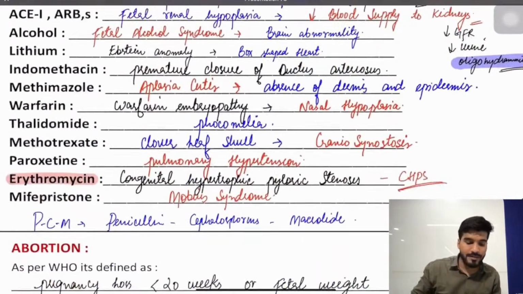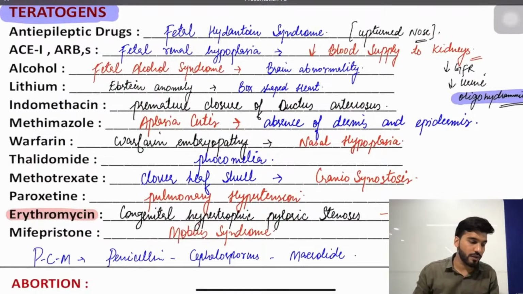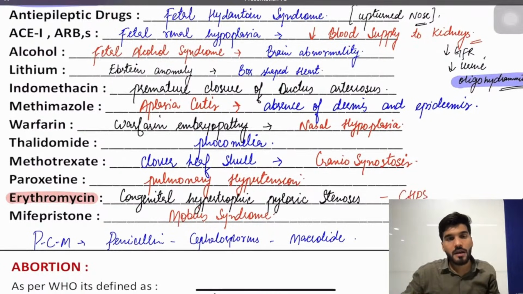Followed by that, we discussed the teratogenic effects of the drugs. We discussed anti-epileptic drugs, fetal head and twin syndrome, ACE inhibitors, fetal renal hypoplasia, alcohol with fetal alcohol syndrome, lithium with Ebstein anomaly, indomethacin with premature closure of ductus arteriosus, and methimazole with aplasia cutis, warfarin with warfarin embryopathy, thalidomide with phocomelia, methotrexate with craniosynostosis, paroxetine with pulmonary hypertension, erythromycin with CHPS, and mifepristone with